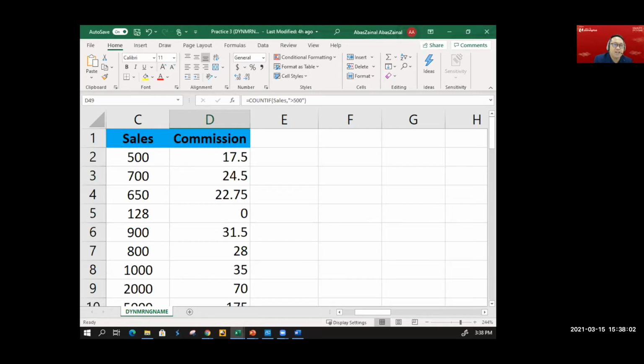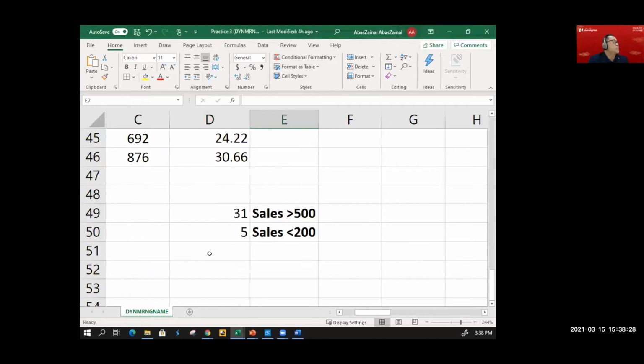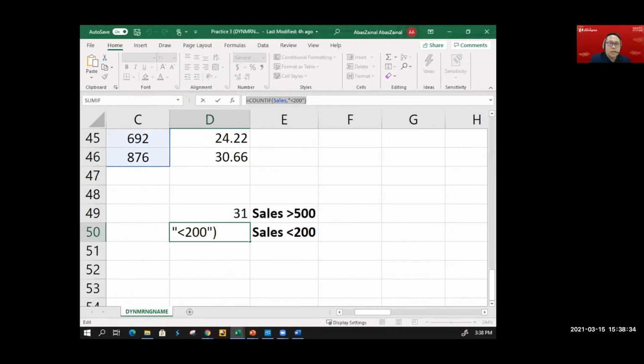Jenny has an issue here. It says #NAME? appears. Please advise. What happened there, Jenny, when you get that kind of situation? That means you have an error in your command. If you look carefully in the command, earlier on we said greater than 500. So if you're talking about sales less than 200, the command will be this. Let me just copy and paste into the chat. This is the command that you need to do.